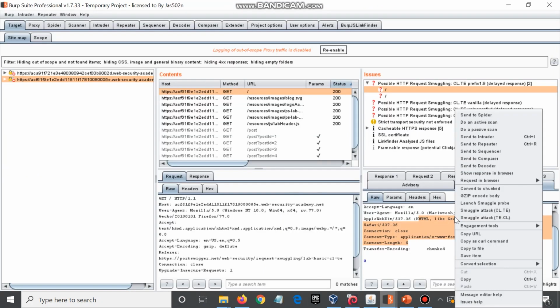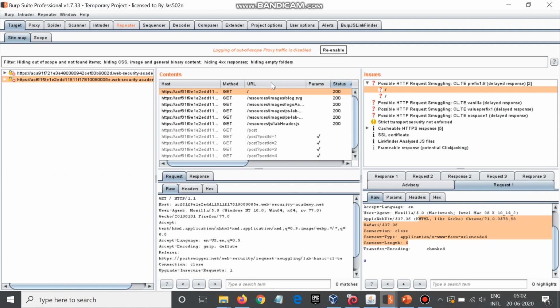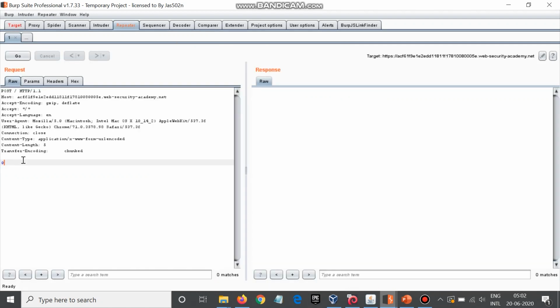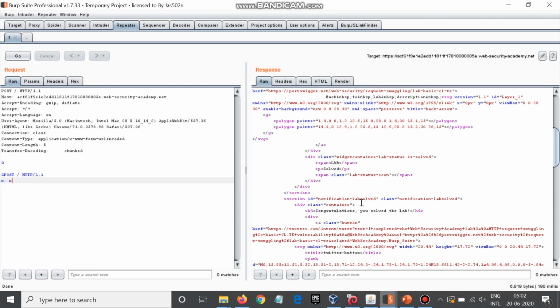Interestingly, what we can do is send this to Repeater. GPOST. Okay, no issues.